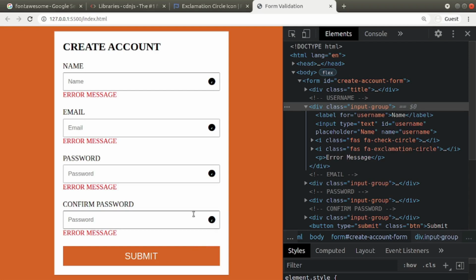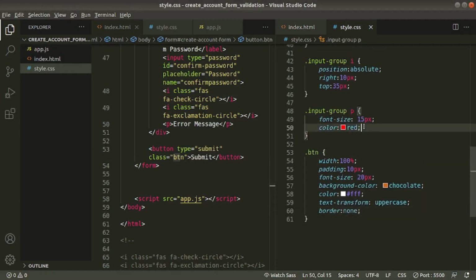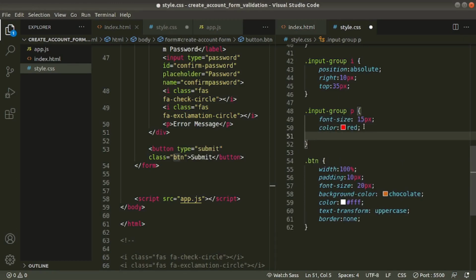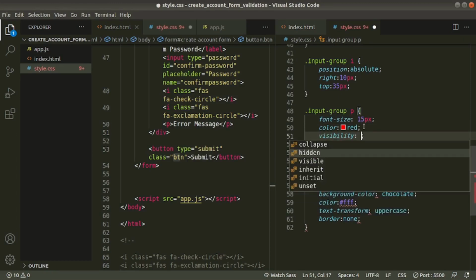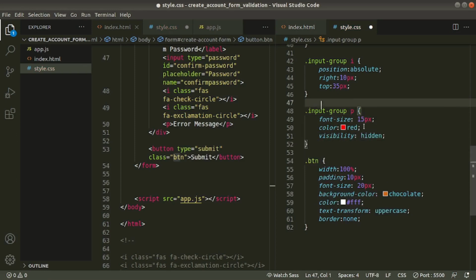Now, one thing, we don't want to show these icons or error messages when we load the page. When the user gives some value here, later we will validate that value. Based on whether the value is valid or invalid, we'll show an error icon here, that means exclamation, and an error message. If it is a correct value, we'll show another icon, a check icon here. Okay. Now, first we need to hide these icons and error messages. Go to the editor. Here, this is the paragraph. Okay. Visibility hidden. Same for icons.